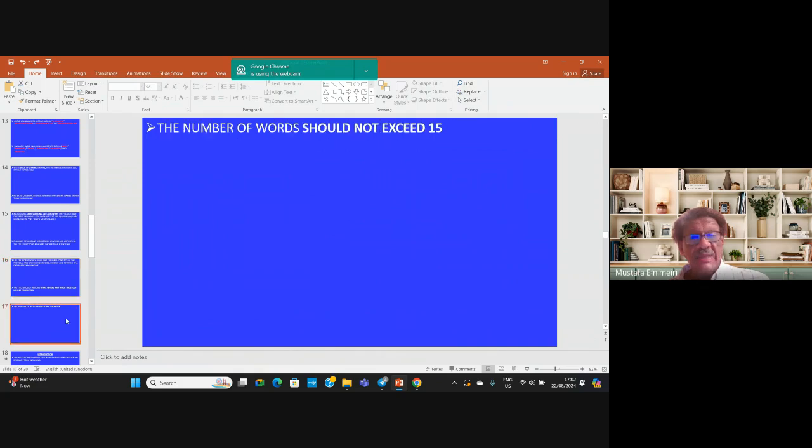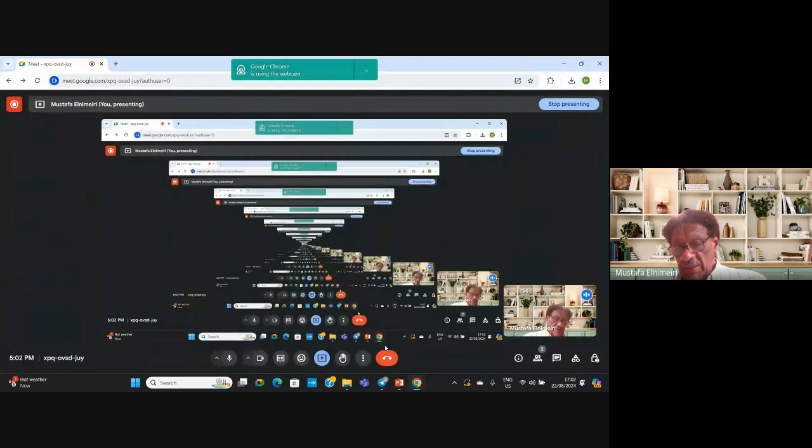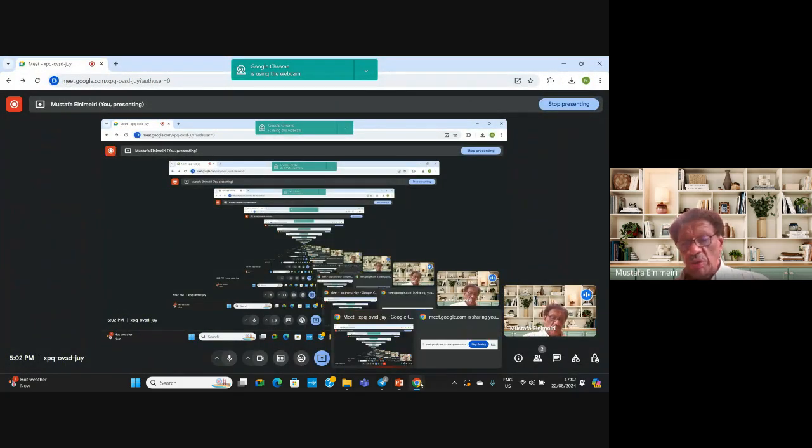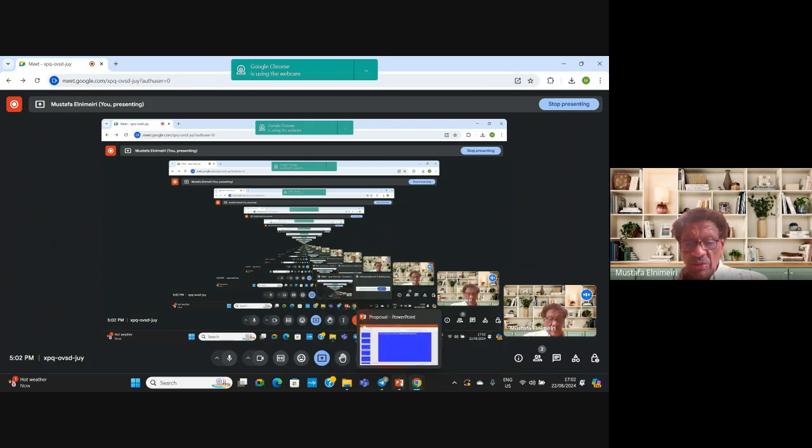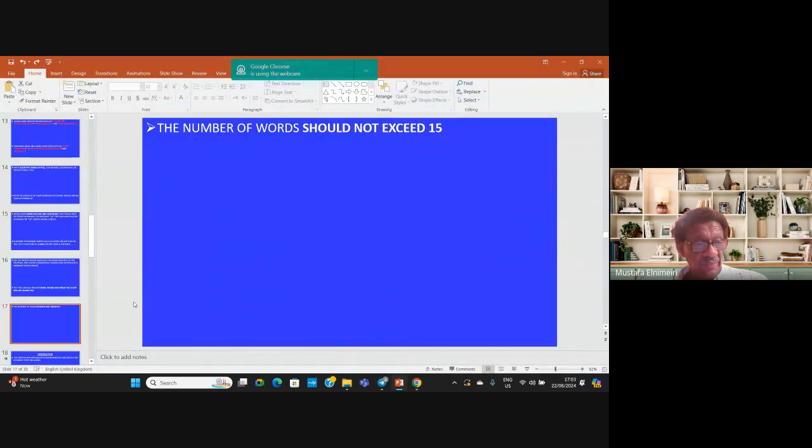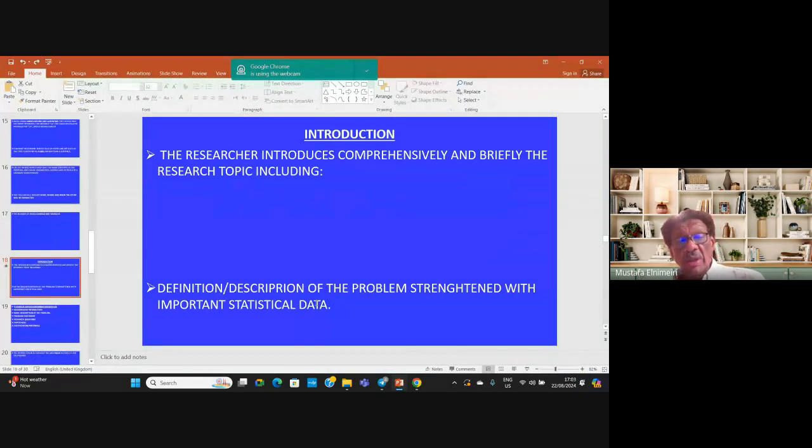And usually the number of words of the title should not exceed 15 words. That is very important to care for so that it would not be too lengthy for the readers to understand the title. In addition, we talk about the introduction, where the researcher introduces comprehensively and briefly the research topic, including